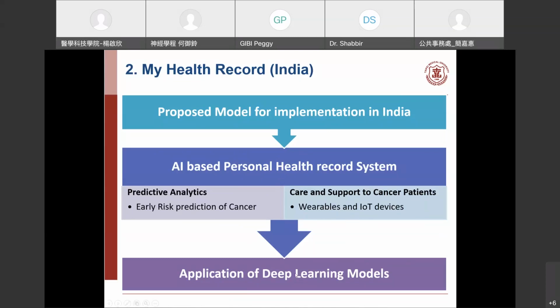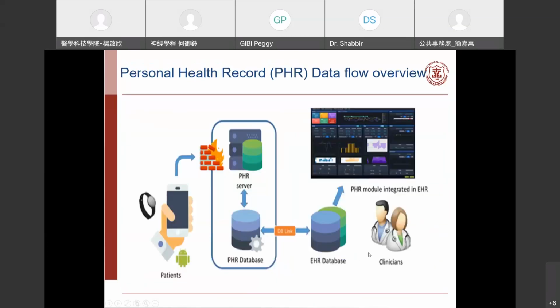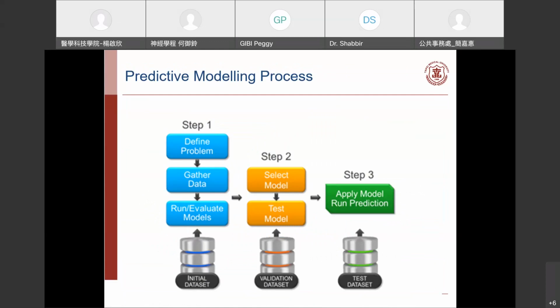And then we apply deep learning for these models and do the same thing. So here, same thing, we use wearable device plus clinical data, and then we do some analytics. We provide clinicians with the models' results. So I think these things we don't need to know. We know how we can initially design the data set, how we validate, and then how we test all those